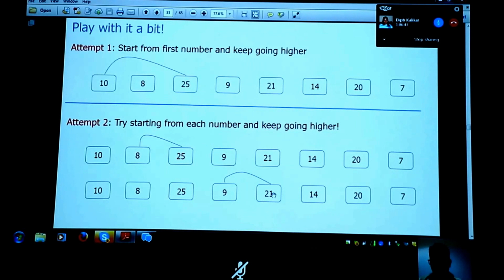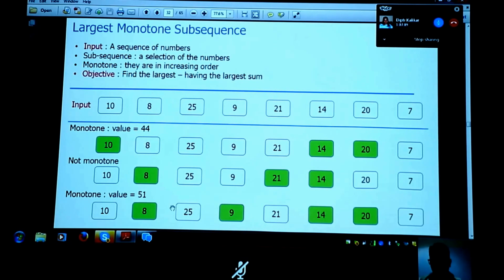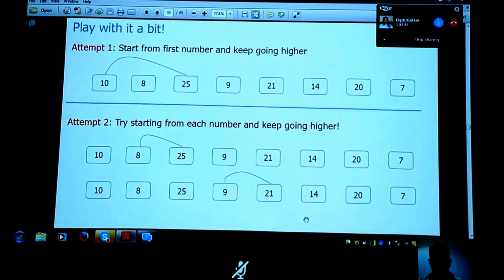So greedy will not help. If you look at this solution, it's not greedy. See, it started from 8, which is fine, but it purposefully skipped this 25 because it knows that there are better things to do than to pick this 25 now. Because if you pick the 25, you may get stuck, right? You may not have any more options left. So skip it. It gives you good profit, but don't be greedy. Don't pick him. He's going to kill a lot of people. So instead skip and go. And then skip. He's skipping the 21 also because he knows that something better is coming up. So you need to know how to skip properly to get the best solution.